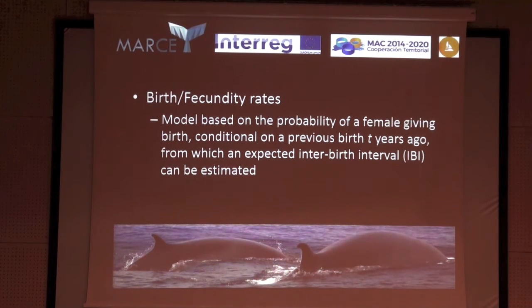Other types of models are birth and fecundity rates. These are models based on the probability of a female giving birth, conditional on previous births. So basically you get an interbirth interval, and you can estimate those for all your different females based on females that you have good information on. That information can be used to estimate if another female is supposed to have a baby but she doesn't, and so these can be quite interesting to see at your population